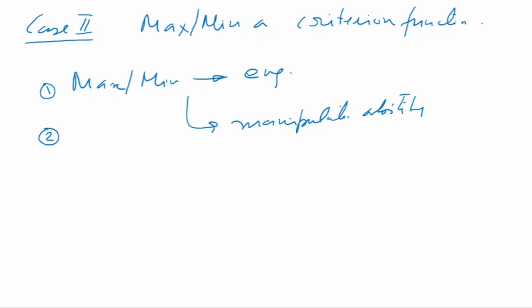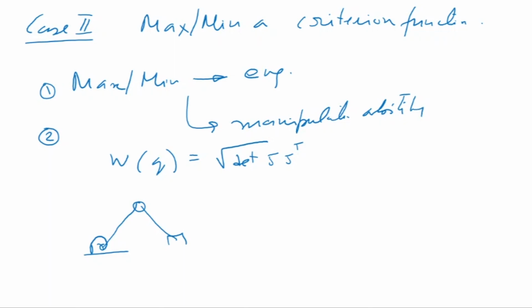Okay, it could be maximize or minimize manipulability. So we know what is manipulability, which is W of Q. We define manipulability W of Q to be equal to the determinant of J J transpose. Okay, so I can maximize or minimize this. How do I do that? Suppose I want to move in a particular direction. Let me take this example. This is a 2-link manipulator, like our arm, or like our finger. Let's talk about our arm. So this is my arm, and I want to move in such a way that this is getting maximized.